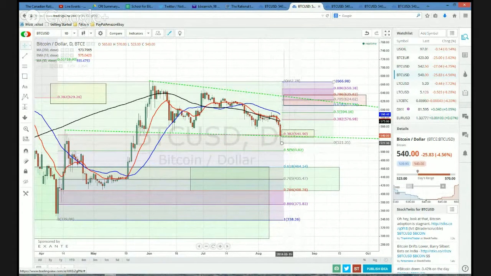We do have this big psychological number, the $500, sitting right there. I mean, we may just crap out, ching, ching, ching, right down into OTE. But my hunch is they've got a whole bunch of longs on the run here. They probably tripped up a ton of stops through this low, 545.50. I think that's probably what started the cascade down. We hit a low here, 523, and now we're sitting at 540 right now.